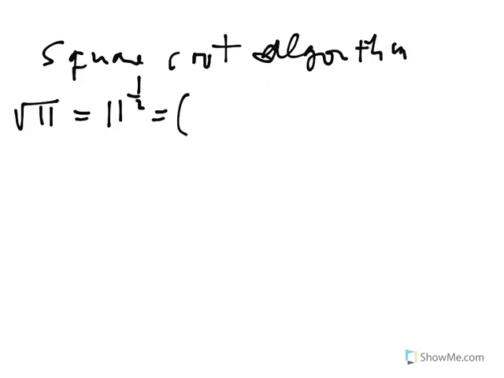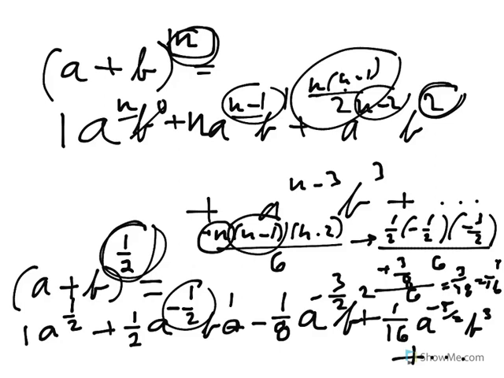Well, I'm going to rewrite 11. I could write it as 10 plus 1. I could write it as 9 plus 2, 8 plus 3. I'm going to purposely write it as 9 plus 2, which is going to be better than 10 plus 1. We want this 9 to be a perfect square, so that first number needs to be a perfect square. Here's why. The formula from here of a plus b to the 1/2